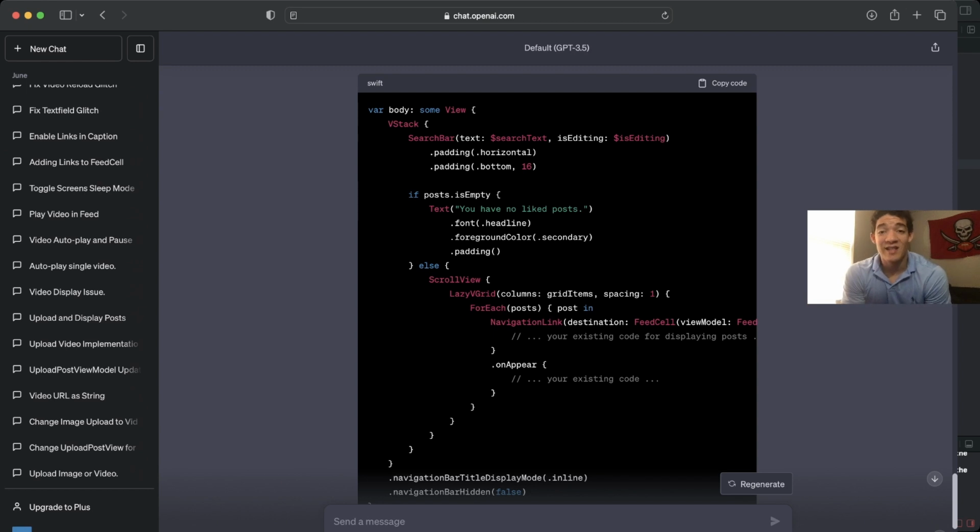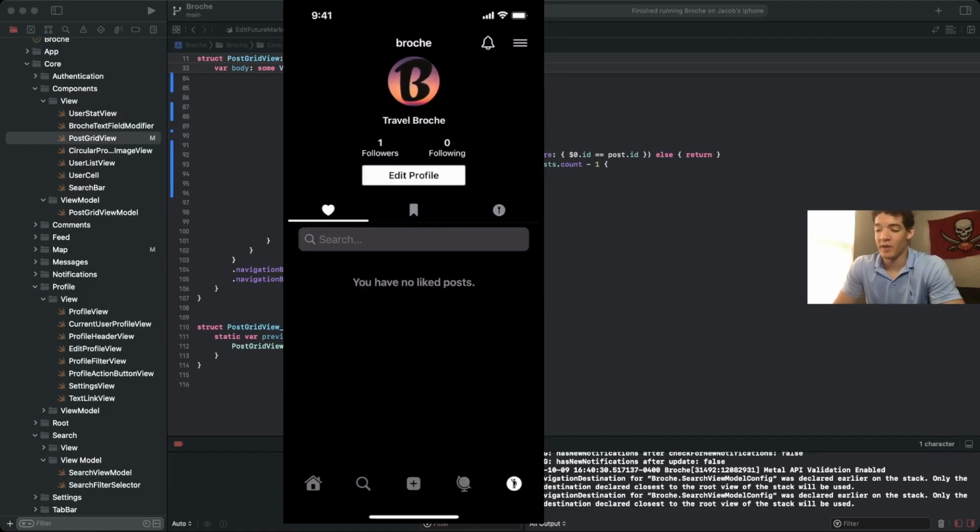If it has the desired outcome, we can then try to change it and implement it, make it look a little bit more fancy rather than just having text. And if it's not the desired outcome, I'm going to have to recopy all the code, what I have, and then tell ChatGPT, okay, give it more specifics so it can give me the final results. So I just ran the code, and as you can see, now you have no liked post. So it's kind of the desired outcome, but if we move over to our bookmark post,